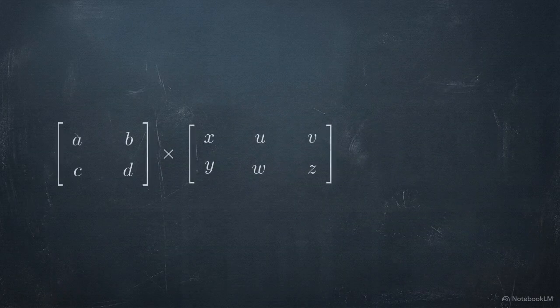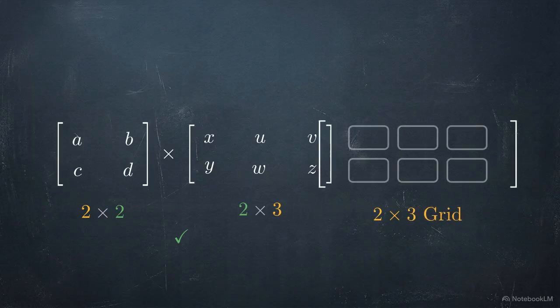Matrix multiplication follows a strict dimension rule. You cannot just multiply the corners. Instead, the number of columns in the first matrix must equal the number of rows in the second. If those inner numbers match, the math can proceed. The outer numbers dictate the size of your result. A 2 on the far left and a 3 on the far right mean you're building a brand new 2x3